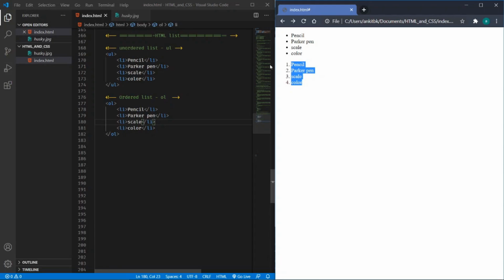As you can see, the pencil is the first one. The order is followed in increasing order, like the number keeps increasing as the items increase. In a similar way, we can add lists on our web page or in an HTML document.